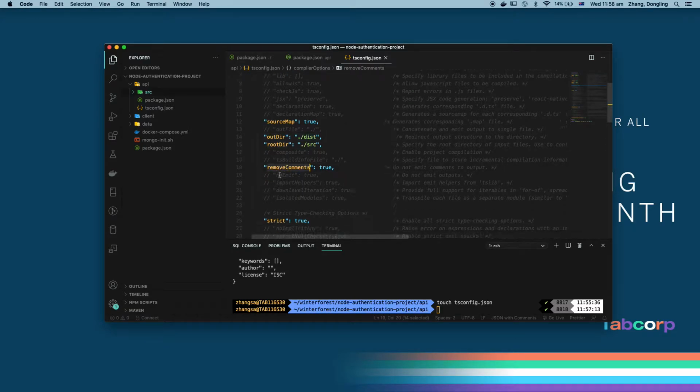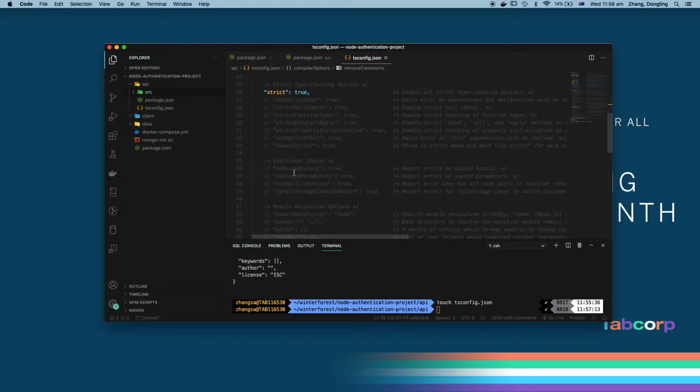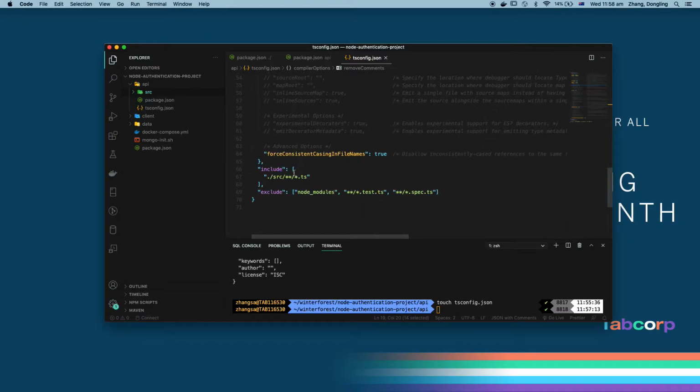Then you uncomment this to be more strict, and this include means only transpile everything inside src, the TS files, and the libraries we installed are not going to be included. Since I copy pasted the package.json for the API,